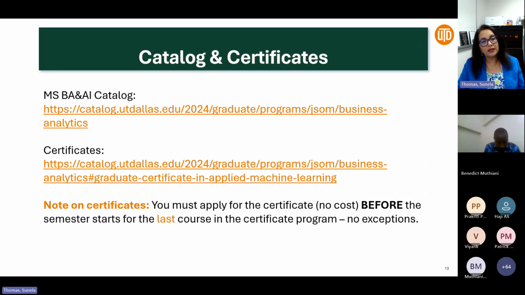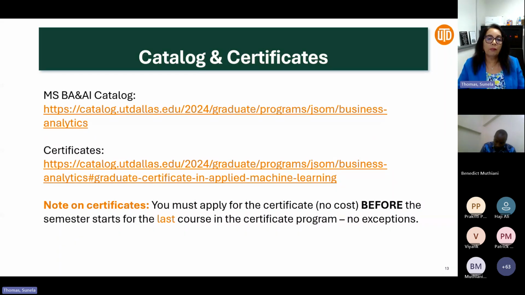Now, in the first semester, you're not going to worry about certificates, but just for your information, this program allows you 4 certificates that you can secure without paying anything additional for it. Out of that, 3 of the certificates, if you take all the courses in those 3 certificates, 4 courses each in a certificate, you satisfy the 36 credit in there. So it's a specific 3 certificates in there.